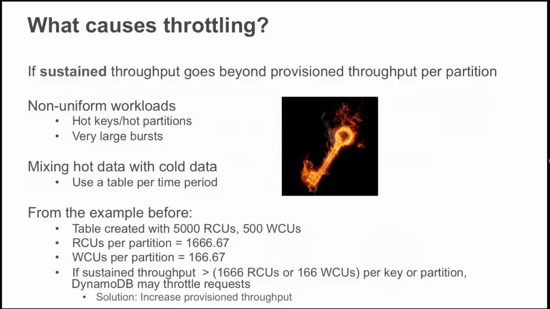What happens and why is throttling bad? Throttling is bad because that means you can't access the table. You're not going to get your read or you're not going to get your write, and you're going to have to back off and try again. We don't like that. Nobody likes that. But it basically means that your table's too busy for some reason. This can happen if the sustained throughput goes beyond the provisioned throughput, either for the whole table or by partition,